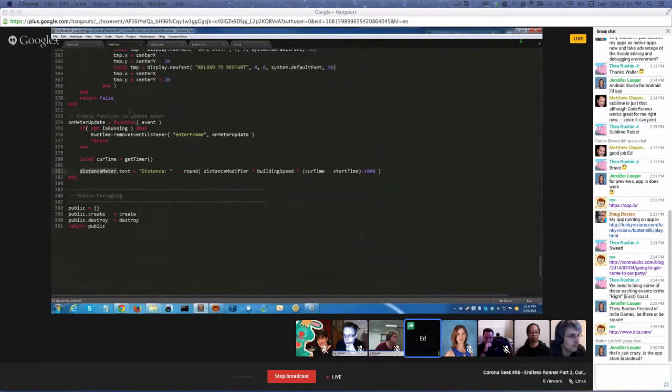And then later on in the game, I set up an enter frame listener, and I pass this function name to it. And what it does is, assuming that the game is still running, it checks to see if the game is running, and I have a flag out there that's set to false as soon as you fall into a pit. It just checks the current time, and then it multiplies,